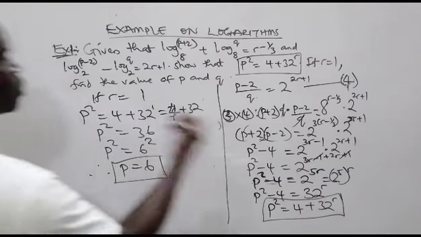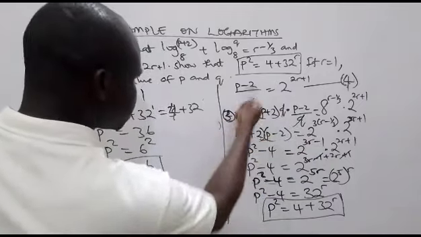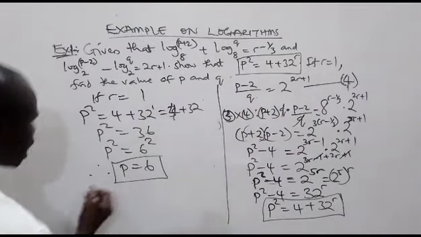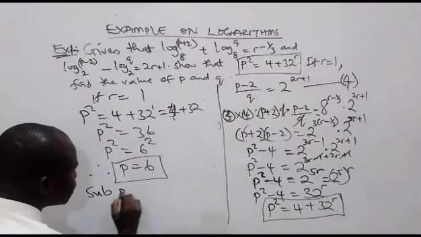Then how do we get q? We use either equation 3 or equation 4. Let me use equation 4, since I have that on the board. I will say substitute p is equal to 6 into